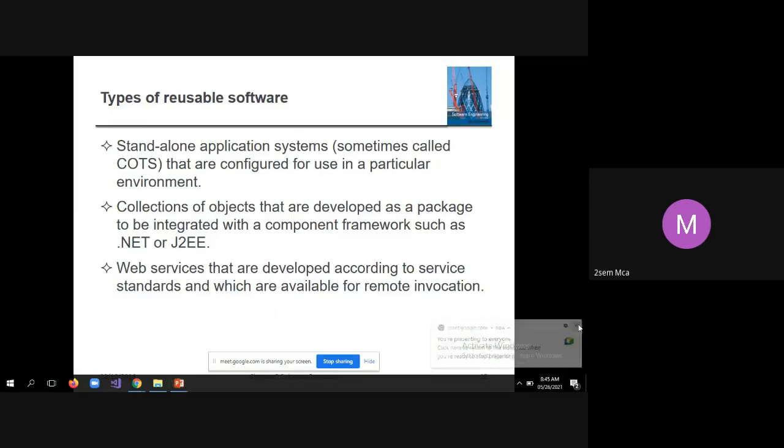You can use that publicly available web service, Google Maps. It is available as an API that you can link with your application. So web services are developed according to service standards and are available for remote invocation. That's also one more example.